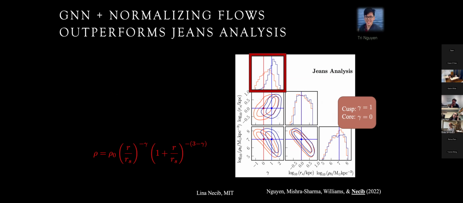So we picked, for example, two galaxies here, and I promise we didn't cherry-pick these to make them look particularly bad for the Jeans analysis. We have a cored galaxy, this is the one in red, and a cuspy galaxy, the one in blue. We do this Jeans analysis method, the previous method, and try to disentangle them. And you can see that the posterior distributions actually overlap, which means that there is some probability for the cored one to be cuspy, right? And it's harder to disentangle both. However, with our